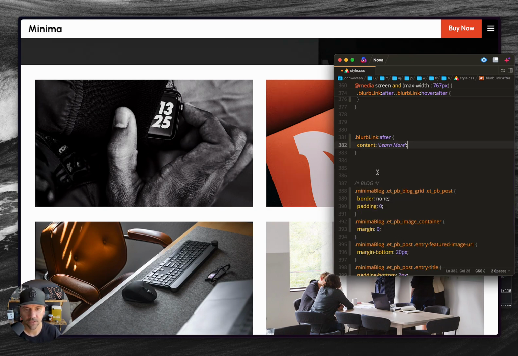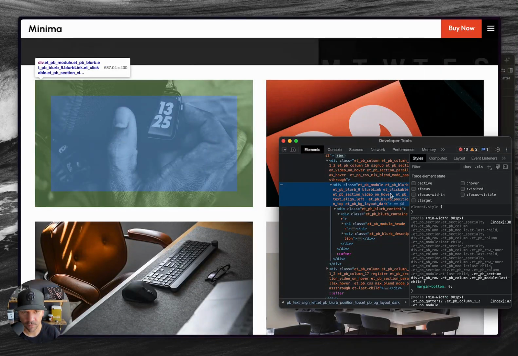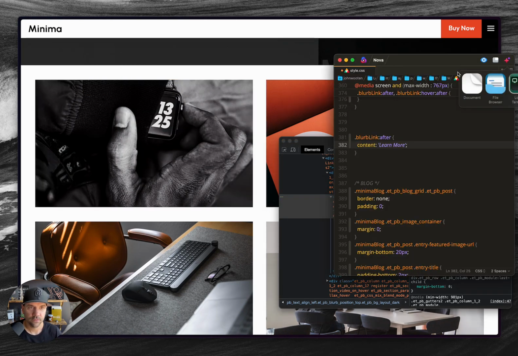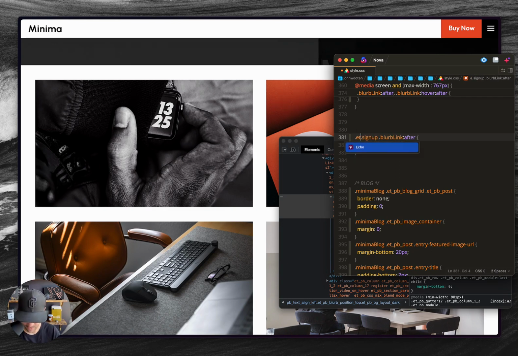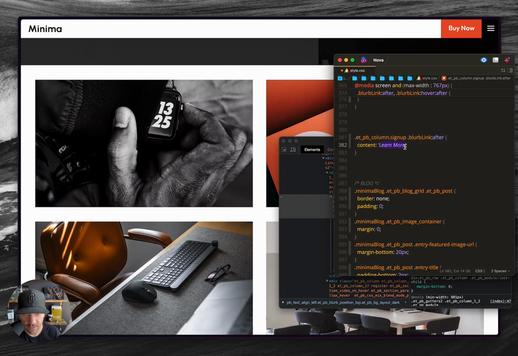So, all right, let me look at this one more time. So now our module still has the blurb link class. But right above it, you can see sign up right here. So I'm just going to say sign up. And if I wanted to get really specific, I could say et_pb_column dot sign up and then a space blurb link, right? I think that's what, yep. And let's say sign up's going to say sign up